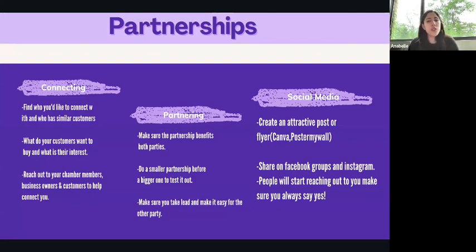And lastly, people are just going to start reaching out to you and want to partner with you. And the thing is, you have to say yes, because if not, they're going to go with someone else, right? If you're looking for partners, like I mentioned, I send it to a few partners, and the few that respond, great. And the few that don't, oh well, maybe next time I'll reach out. But I'm going to consider the partners that are saying yes more than the ones that are saying no, right? And same vice versa. Eventually, other businesses or businesses that are starting up are going to see you're doing well, and they're going to be like, hey, can we partner?